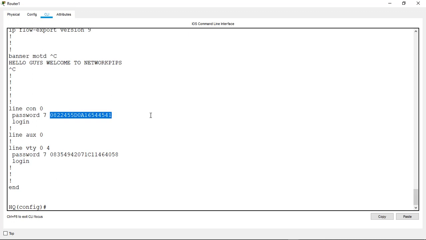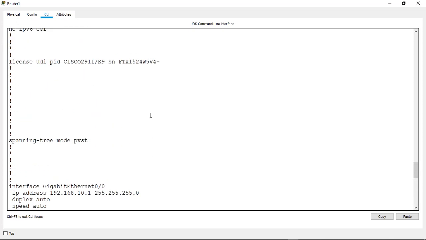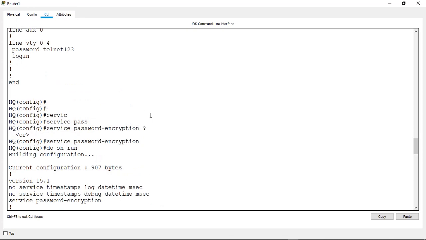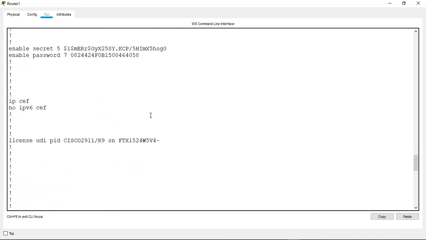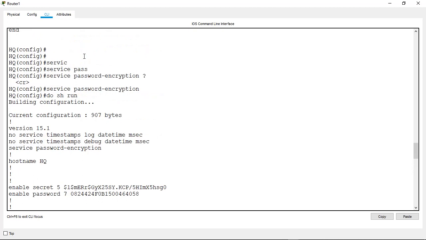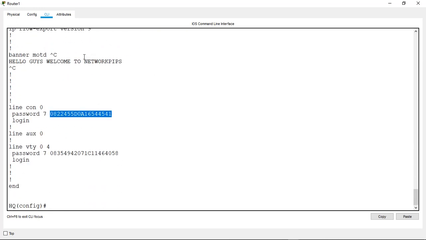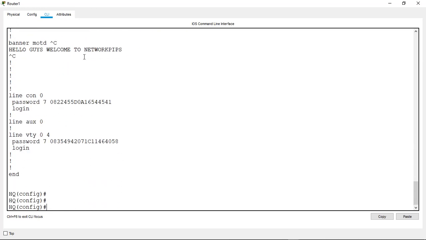Furthermore, you are going to learn about more secure types of passwords; type 5 is more secure than type 7. So having done all this configuration, we are good to go, and we can remotely access our device